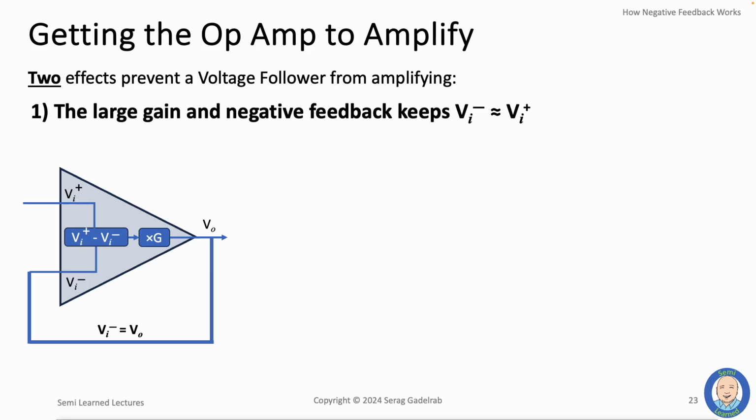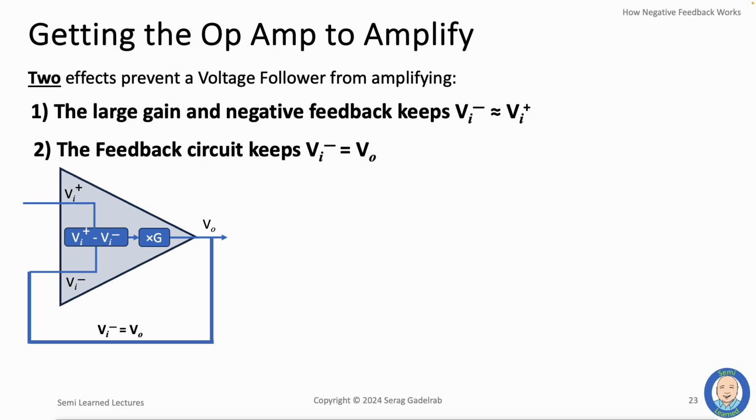The first effect is due to the very large gain of the op-amp, which when coupled with the negative feedback, keeps the voltage on the negative input terminal approximately the same as the voltage on the positive input terminal. This is the effect that's referred to as the virtual short circuit between the two input terminals, even though no physical short circuit exists. And it's a good effect because it prevents the output signal from being clipped. The second effect is due to the nature of the feedback circuit that we created. By putting in a real, actual, honest-to-goodness physical short circuit between the output and the negative input terminal, we forced V out to be exactly the same as the voltage on the negative input terminal. That is the main reason why V out cannot move far from the value of the voltage we placed on